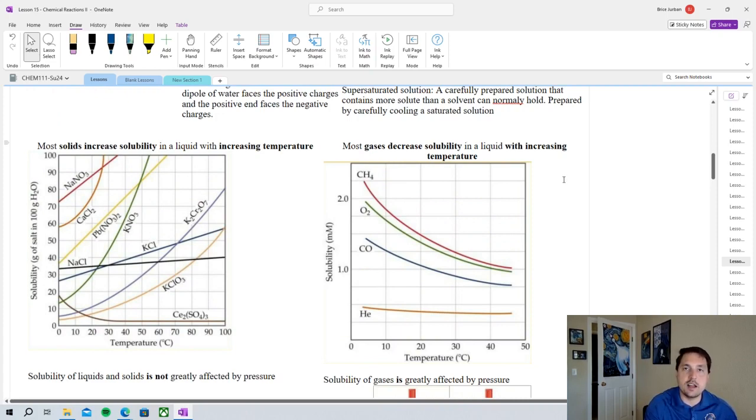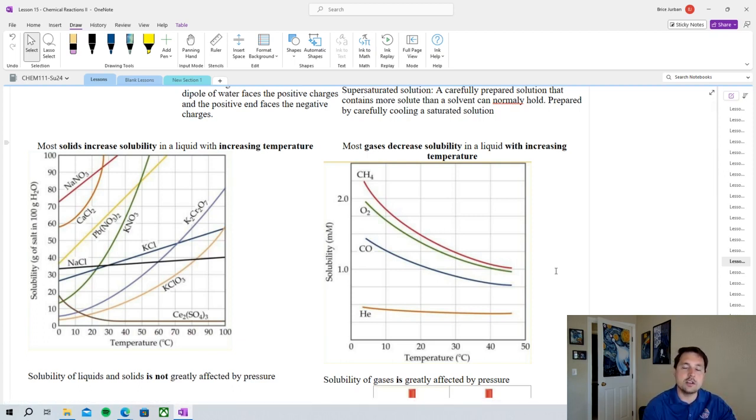Now, if we look at gases and how their solubility changes, it's actually directly opposite. So if I take a solution of oxygen, and I increase the temperature, the solubility, in terms here of millimolar, we'll talk about that in the next lesson, will decrease with temperature. And why is this? Well, it has to do with some information we'll learn at a later date, but with gases, the solubility is going to change